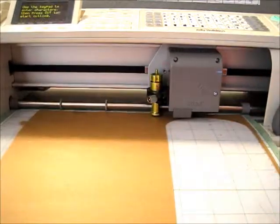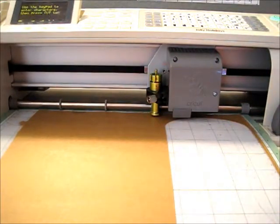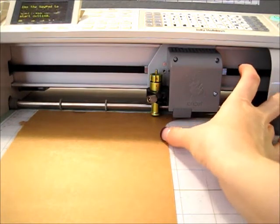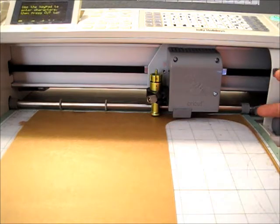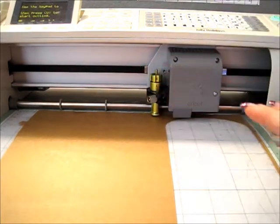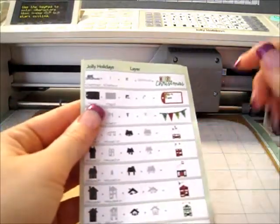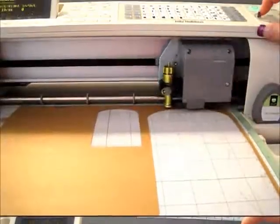As you can see, I did a test run first and I said, okay, let's try it at 4 inches. And it's a gigantic 4 inches. It did the 4 inches of the width of it instead of the length of it. So it ended up being 4 inches wide by 8 inches long. So we're going to try it at 2 inches this time. So we're just going to find our tag on the...